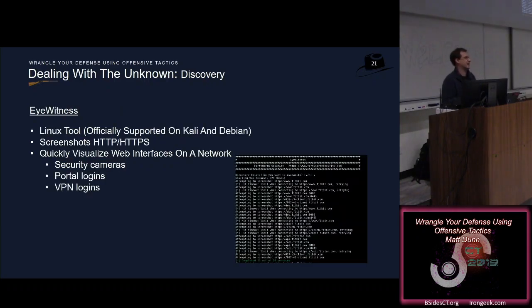One thing I do to take my Nmap data to the next level, I'm a pretty visual person. So oftentimes I'll be looking at a network and I want to understand what's on the network quickly. And if I have like 1,000 or 100 or 300 web ports hit, I might want to see very quickly what all those systems are. So I'll run a tool like Eyewitness, which will go out and load web pages and screenshot them. And so I can see very quickly, okay, where are the VPN portals at? Is there like an Outlook Web Access page? Pretty quickly by generating a report with Eyewitness.